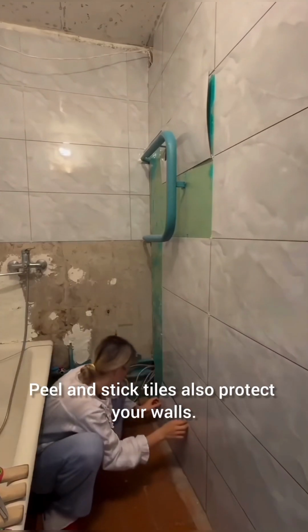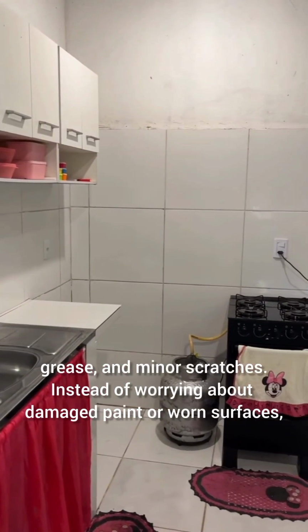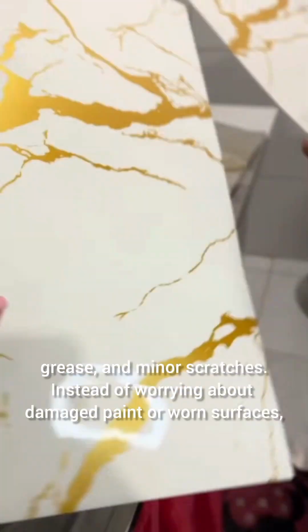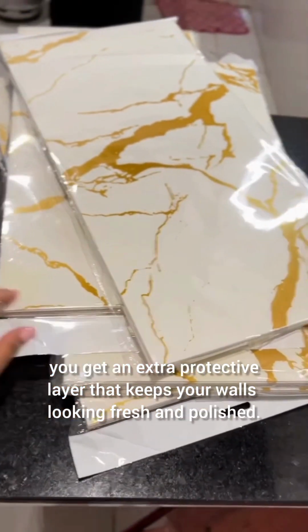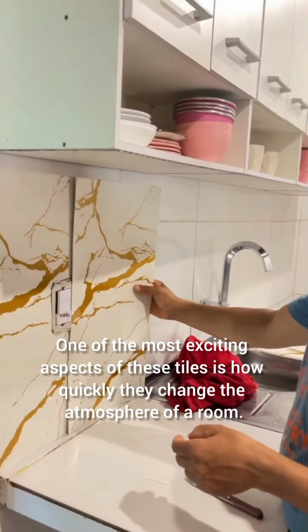Peel and stick tiles also protect your walls. They act as a barrier against stains, grease, and minor scratches. Instead of worrying about damaged paint or worn surfaces, you get an extra protective layer that keeps your walls looking fresh and polished. One of the most exciting aspects of these tiles is how quickly they change the atmosphere of